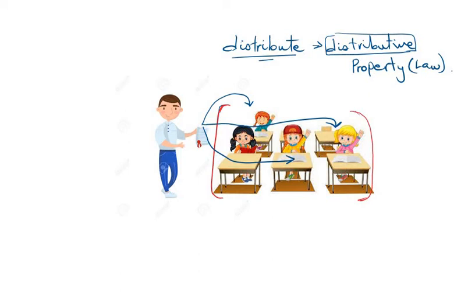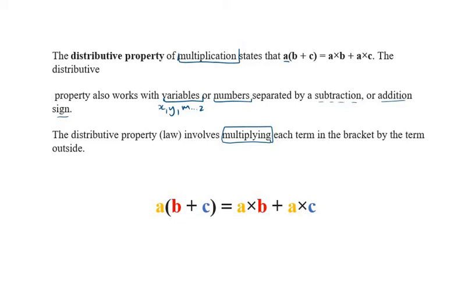This student gets a paper and this student gets a paper. So the teacher stood on the outside of the brackets here and distributed the papers. You're gonna see how this comes in helpful. Alright, if we look at this now,